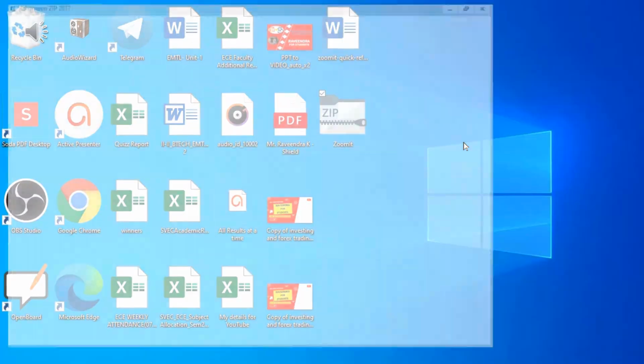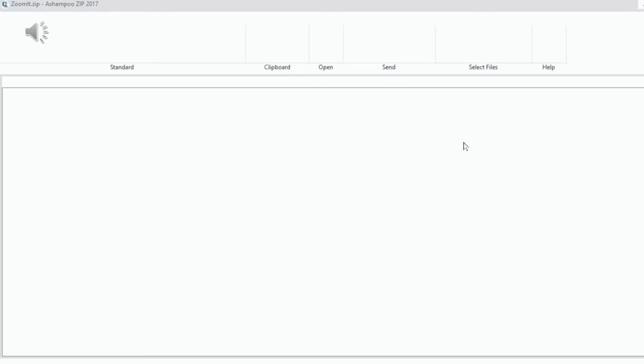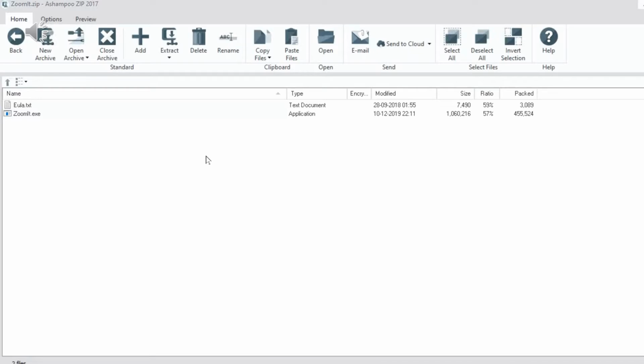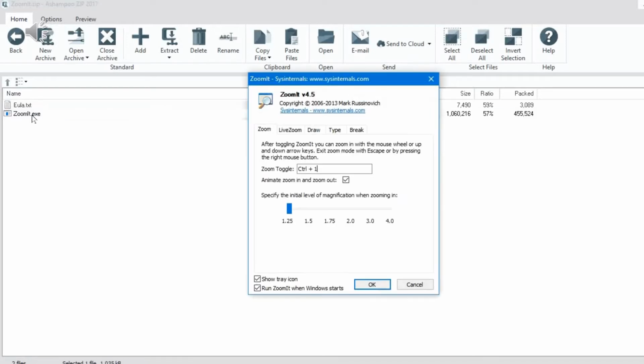My system is somewhat slow, please bear with me. Yes, now here we have two files. One file is named zoomit.exe. So just double click on it to enable.